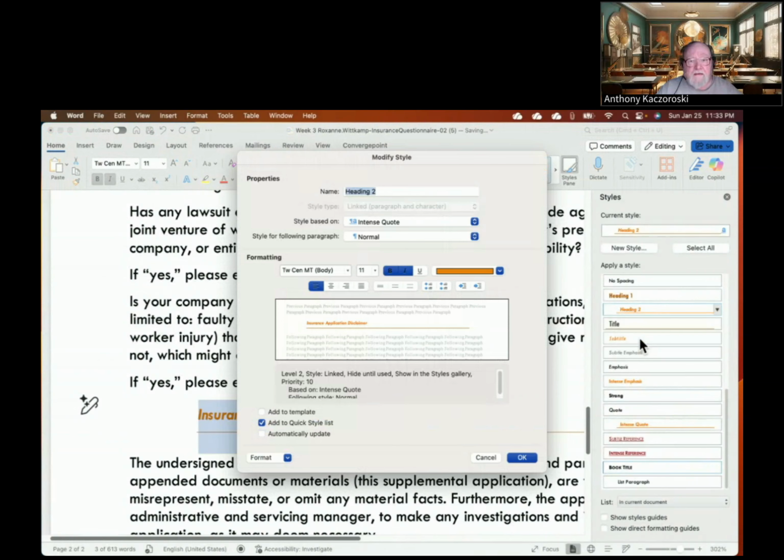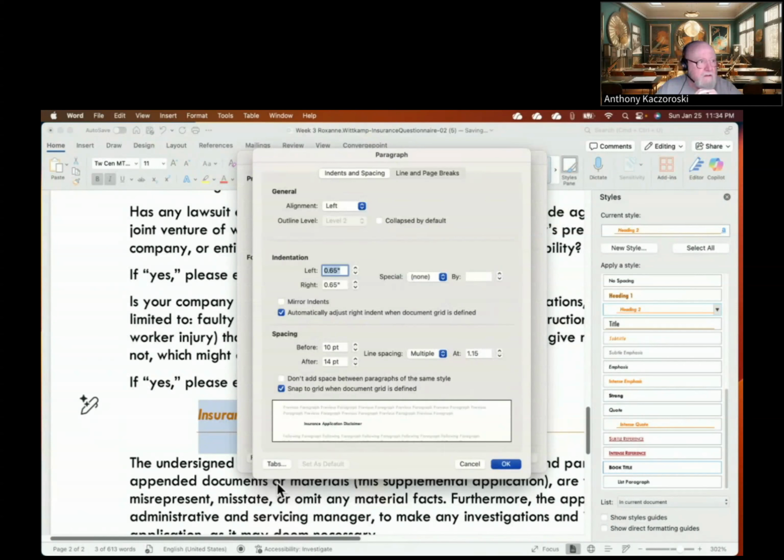Okay, now I'm going to get all the options to modify it, and it tells us we want to change the font size to 12 point. Here's our font size. We want to change that to 12 point, okay? And it gives you a little representation of what you have here or in your document so you can see what's happening. So it just increased the font. You want to click the Format button, which is down here, and select Paragraph,